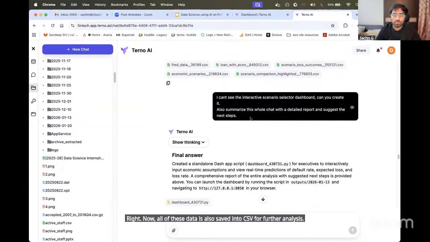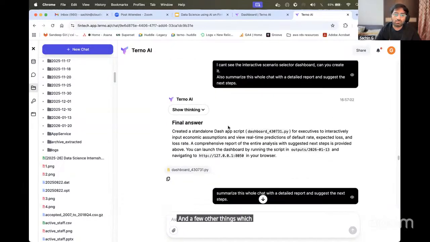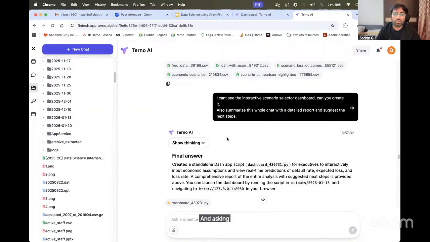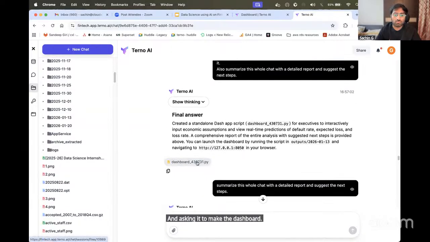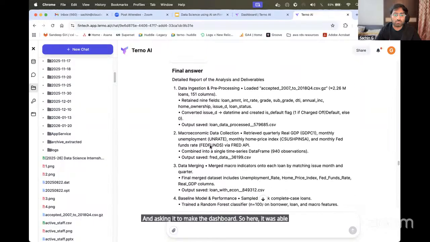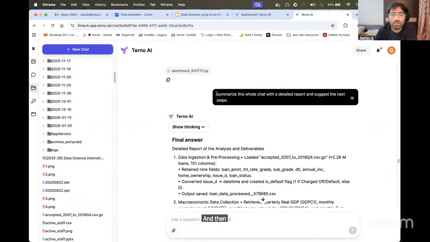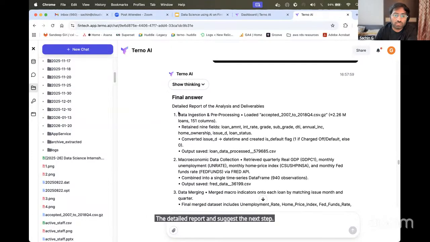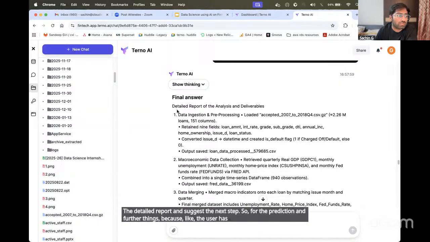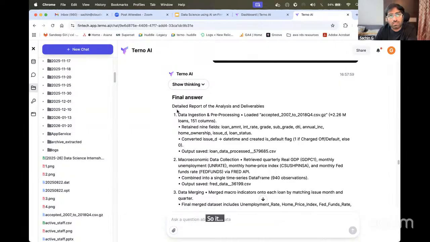And a few other things which the user is asking, asking it to make the dashboard. So here it was able to create the dashboard. And then at the end, it just asked the user to summarize the whole chat with a detailed report and suggest the next step for the prediction and further things, because the user has a limited idea what it can do with Turno. So the user itself asked